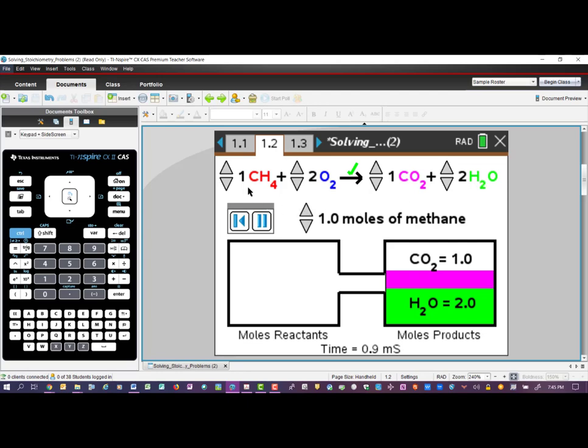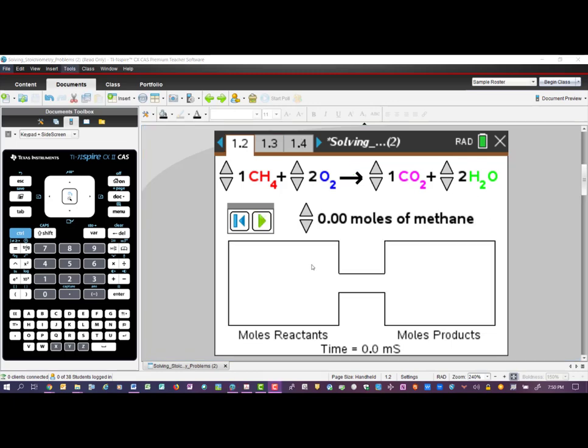So that's a very simple one because that's straightforward based on the balanced chemical equation. Now that you've seen that example, let's try another. We started out with 1 mole of methane, so let's decrease that and try 0.5 moles of methane. That's half the amount that we used before, which, looking at the equation, you should be able to understand